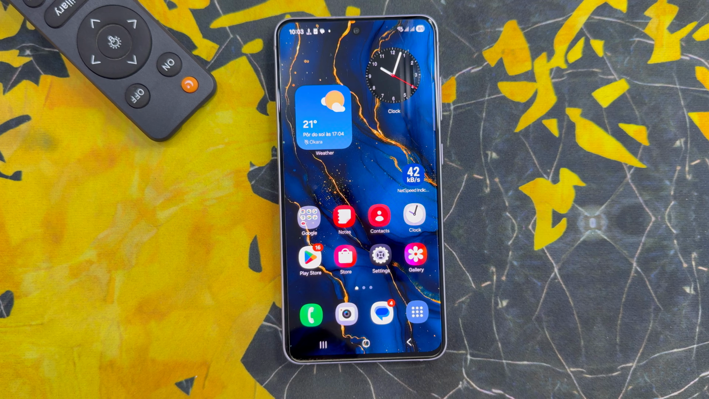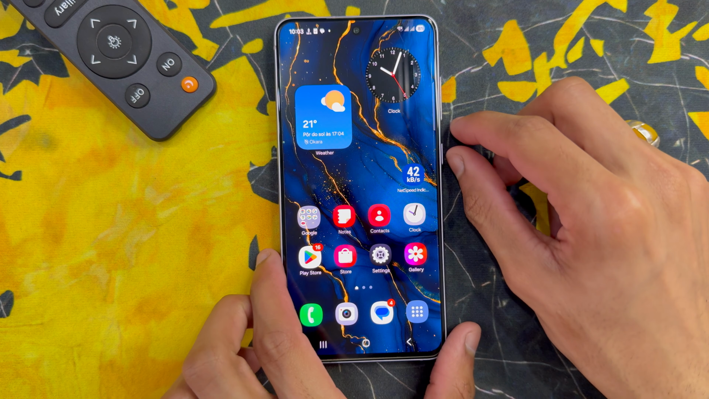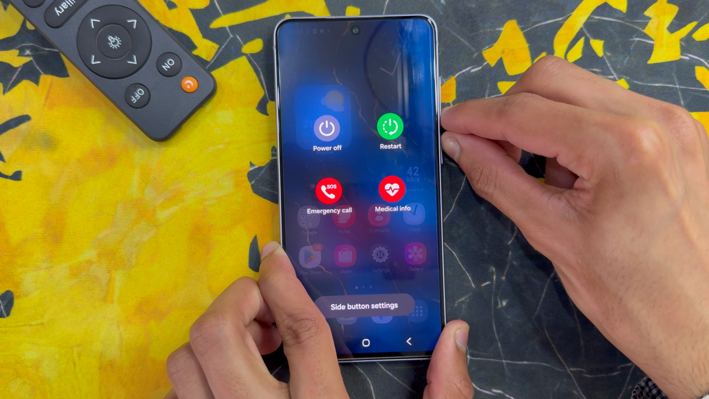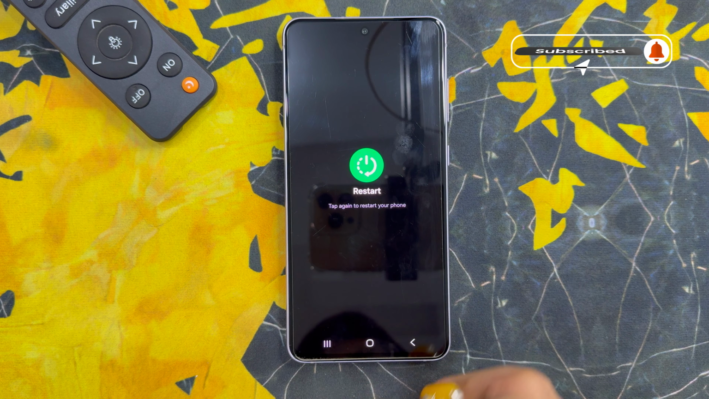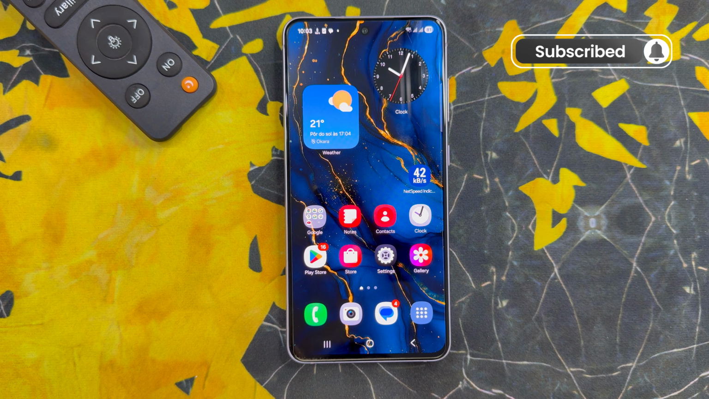But if it's still not solved, restart the phone. Just click and hold the side power button and volume up or down button, and restart the phone from here. After restarting the phone, go back to the home screen. You will see your problem is solved. But if it's still not solved,